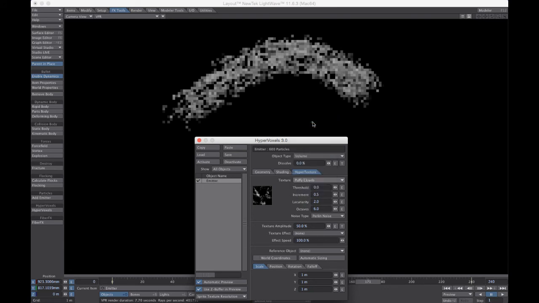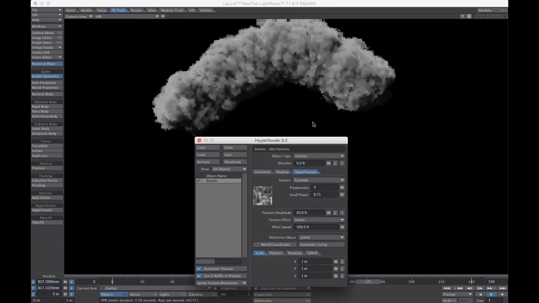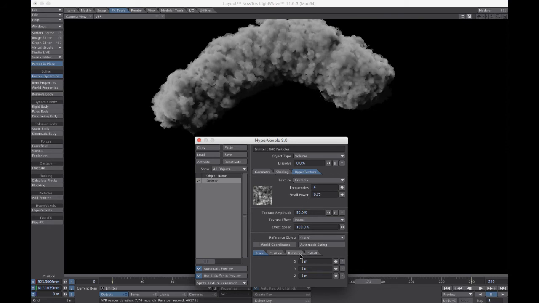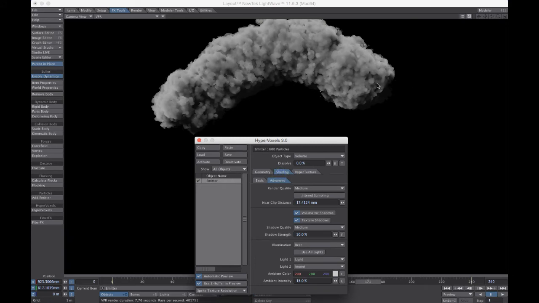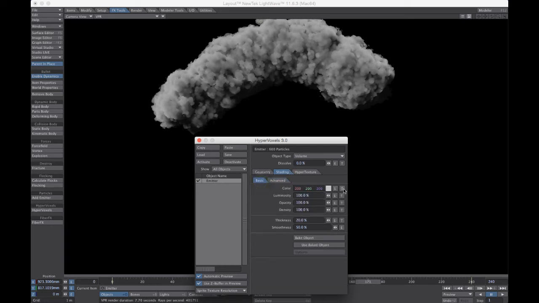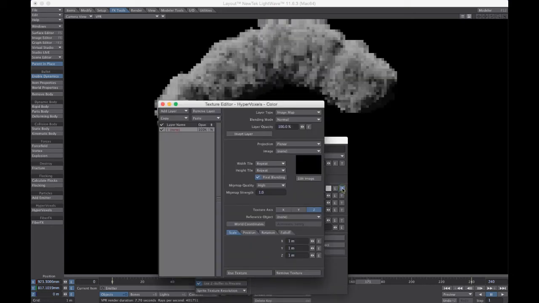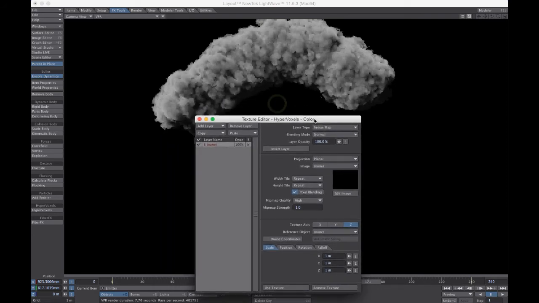I'm going to go back to the crumple just to have something there, so we can scale and so forth within the texture as well. So back in the shading, we want to change the color of this over time. So in the basic tab here, we can adjust the color using the T button here, and we'll use a